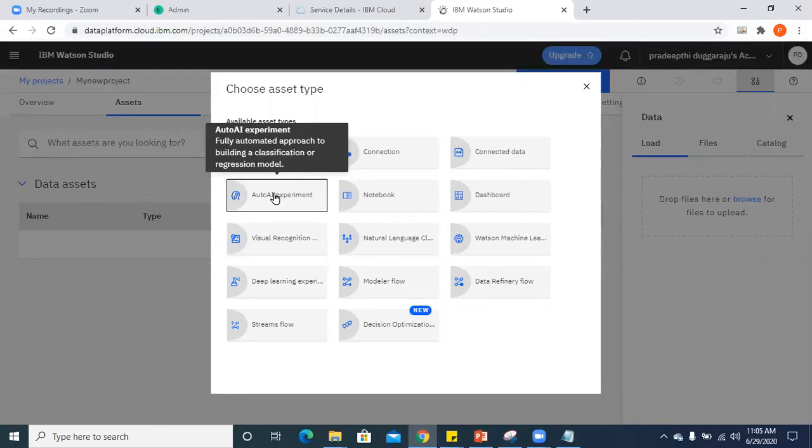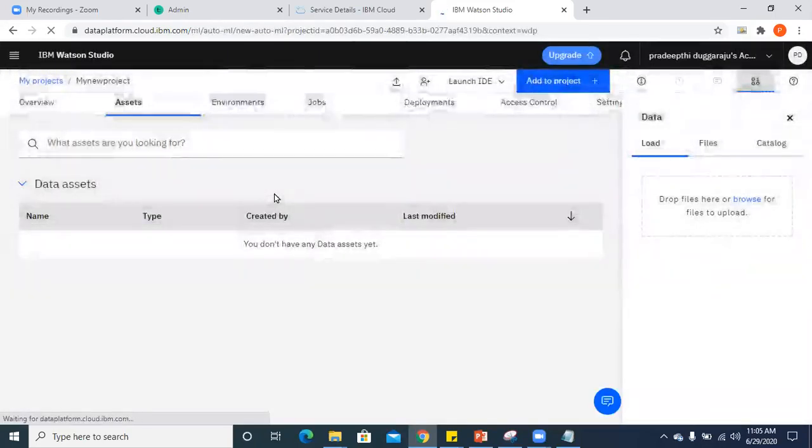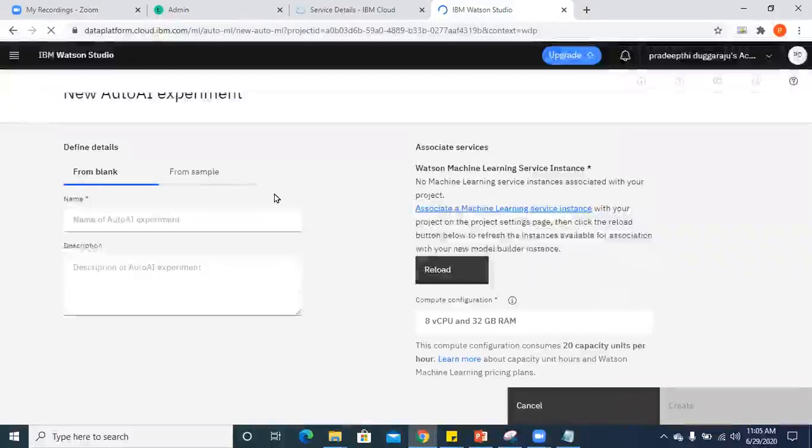So if you open that, it is shown, right? See, Auto AI experiment, fully automated approach to building a classification or regression model, right? So I told you it is used to build a regression or classification model, right? Without programming, you can build. So guys, have you clicked on Auto AI experiment? Yes. So whenever you click on Auto AI experiment,